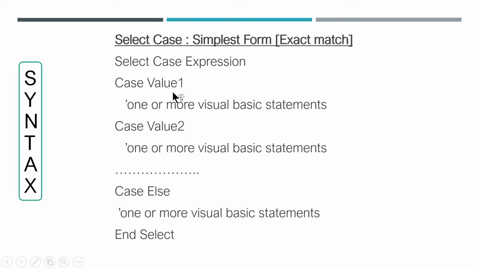Okay, let's go. Think that if case value 1 does not match with the expression or the value of the variable, in that case it will go for the second case, case value 2. If case value 2 matches with the expression, then the block of one or more statements relating to case value 2 will be executed. Then we have the dots here. This indicates that a list of cases can be placed. We can place cases till case n also.